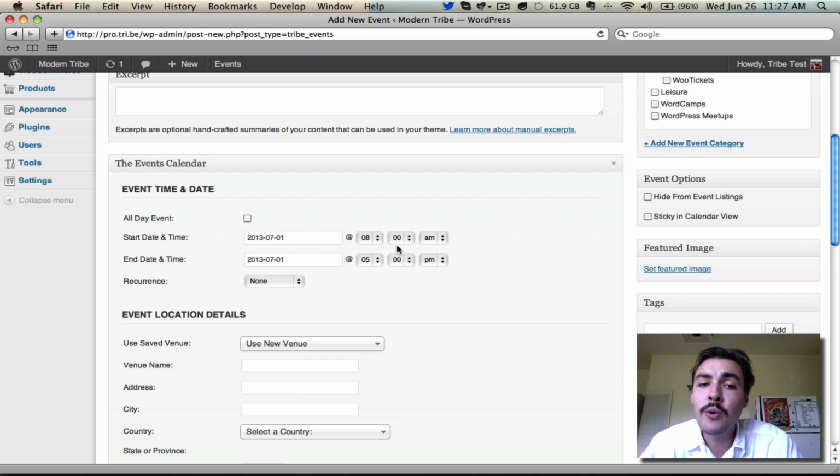And I can set the fixed hour range over here on the right. Notice right now it's set to start at 8 o'clock a.m. and go till 5 o'clock p.m. Watch what happens to those time fields when I check this all-day event box. They're gone. It doesn't give me the option to select an hour range because I've already told it I want this to be an all-day event. All it's going to publish as then is it taking place on and ending on July 1st.